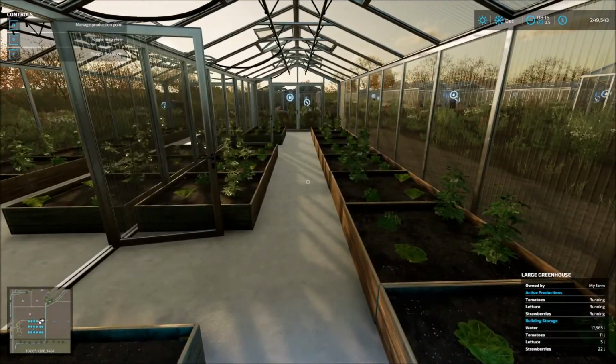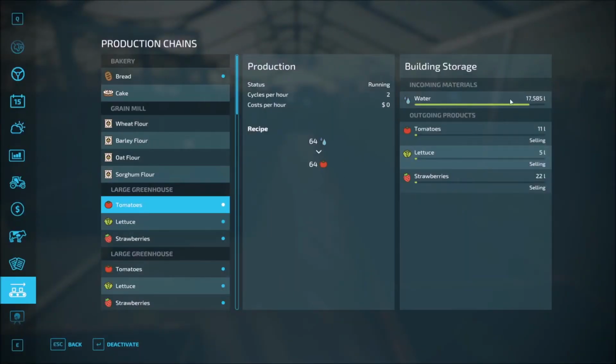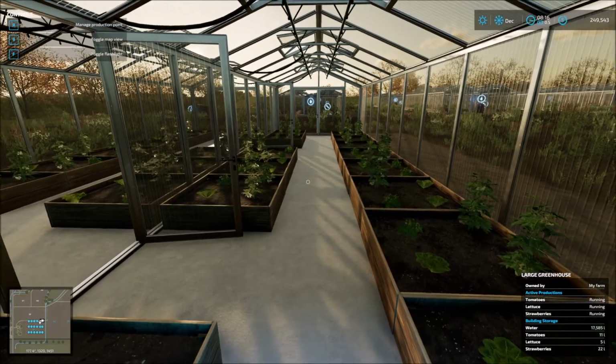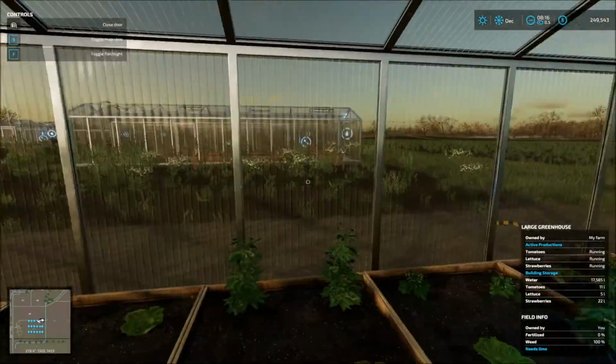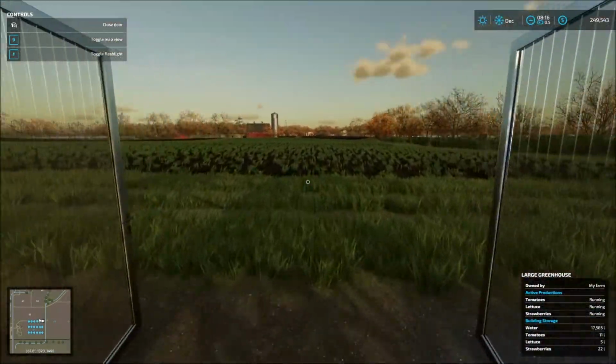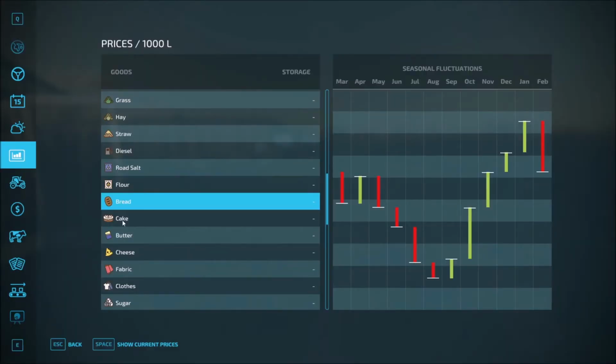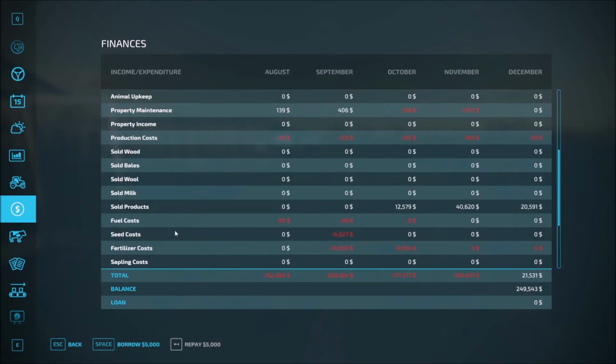Where are we on these greenhouses as far as water? Okay, we're doing perfectly fine. I believe that's going to be a little over a day as far as the use of water there. So yeah, everything is looking absolutely fantastic on this. The amount of money we're making from this is really good. So a little over 40,000 yesterday, and we're looking at even more than that today here in